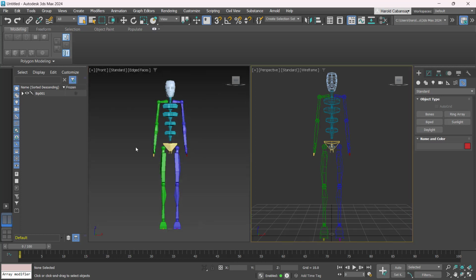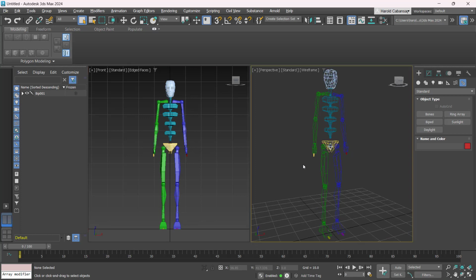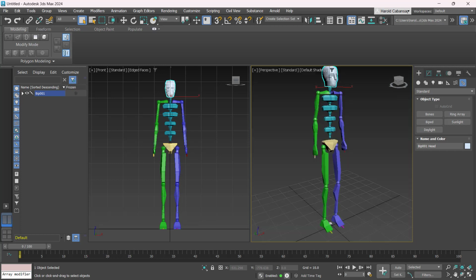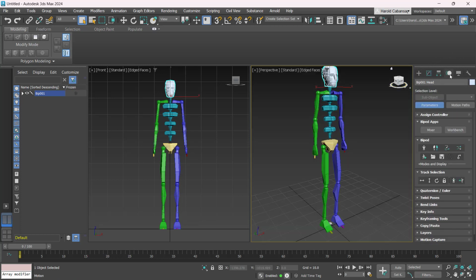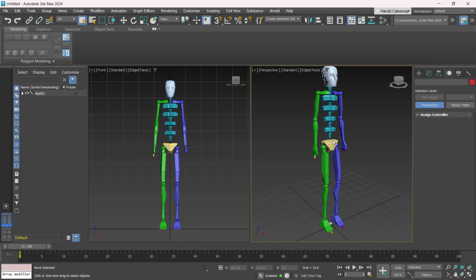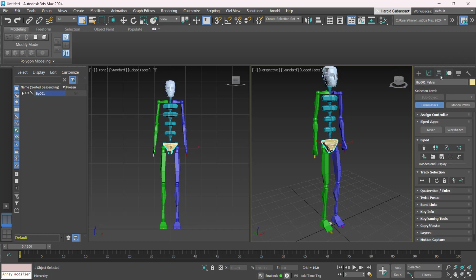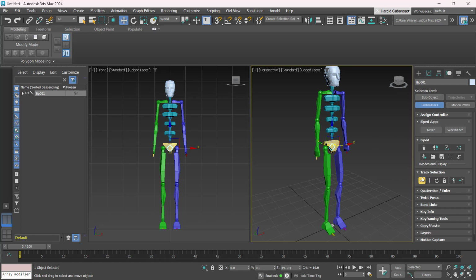Now that I am in the perspective, I'll just edit the biped. You can edit the biped here in your motion panel. So select any part of the biped, go to the motion panel, and then you can start editing. For example, I'll just reposition it first using the biped move tool. Let's say I'll just zero it on the X and the Y axis, and then I'll go to my